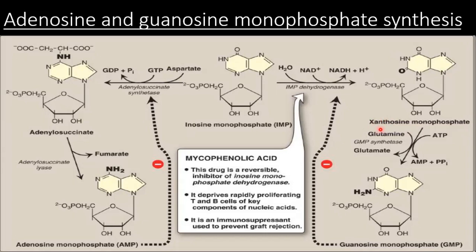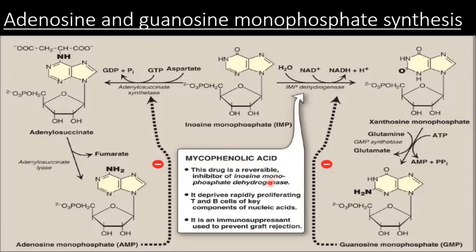Now for XMP, here we remove this oxygen and add an amine group there. So you put in glutamine to get glutamate, a reaction catalyzed by guanosine monophosphate synthetase. See the utilization of ATP now to form guanosine monophosphate. Now, guanosine, when in high concentration, will inhibit inosine monophosphate dehydrogenase. But inosine monophosphate dehydrogenase itself is usually inhibited by a drug,